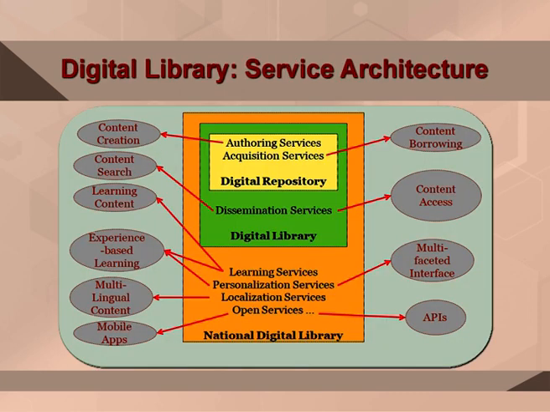So, based on this, a digital library can be conceived to have a multiple layered services on which it is actually built. So, the core service or the core component of a digital library certainly is the repository, digital repository part, which has to provide the authoring service and the acquisition service, that is creating the content and borrowing the content. Certainly, this is something which is common with the traditional library also. But on top of this, it will have to provide the dissemination service to actually become a library. Just if I just have the content in an archive, it is not a library.